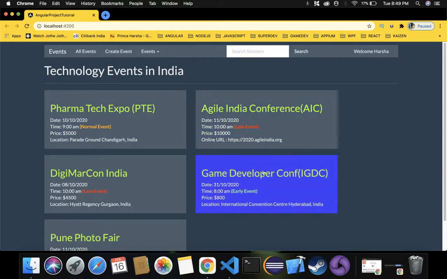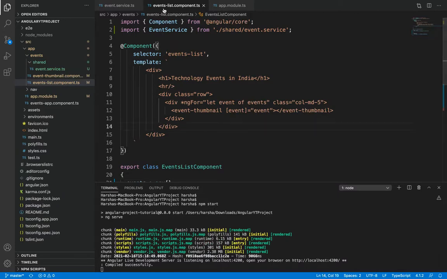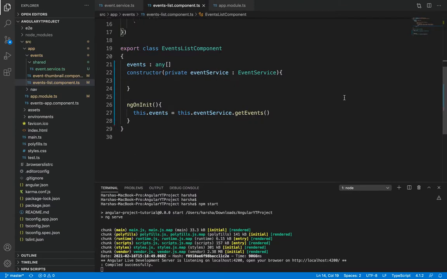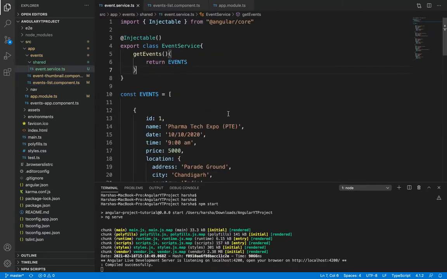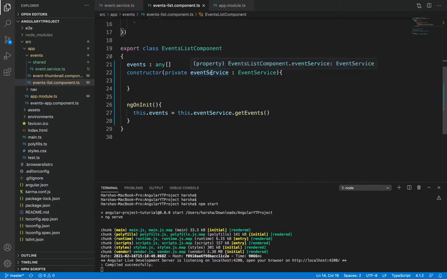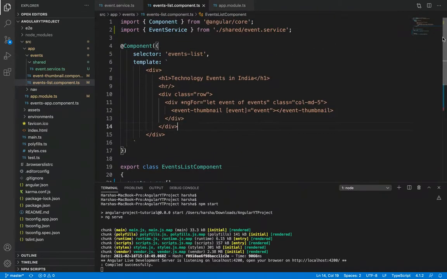Previously also we displayed the data over here, but the only difference was the data was hard coded inside events-list component.ts class here inside this component. But now what we are doing, we are writing a generic service for this, where we are invoking that service inside this component, so that we can make use of this data to be displayed on our web page. So this is one example where we can make use of services. In real time, we have to actually invoke an API inside this service so that we can call this service to get the data. That's how we have to do that. We will see in the later part of our videos.